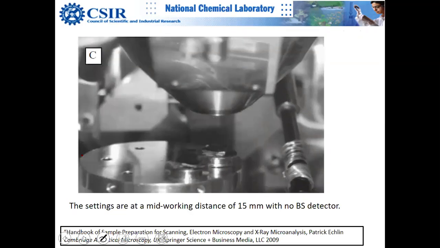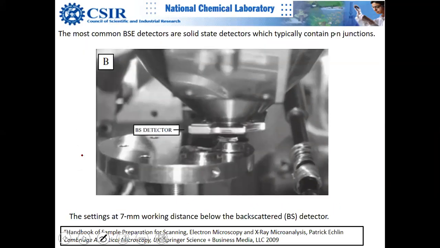Suppose the sample gets damaged under the electron beam and there is a lot of charging. This is a problem which students face quite commonly. To avoid these problems, you can increase the working distance. Then beam broadening will happen, like the beam size will increase, and that's the reason the resolution becomes worse. But the advantage is that sample damage will be less, because the current density will decrease. You are bombarding, the current is the same, but the current density will decrease, right? Because you're increasing the area. I hope you get my point.